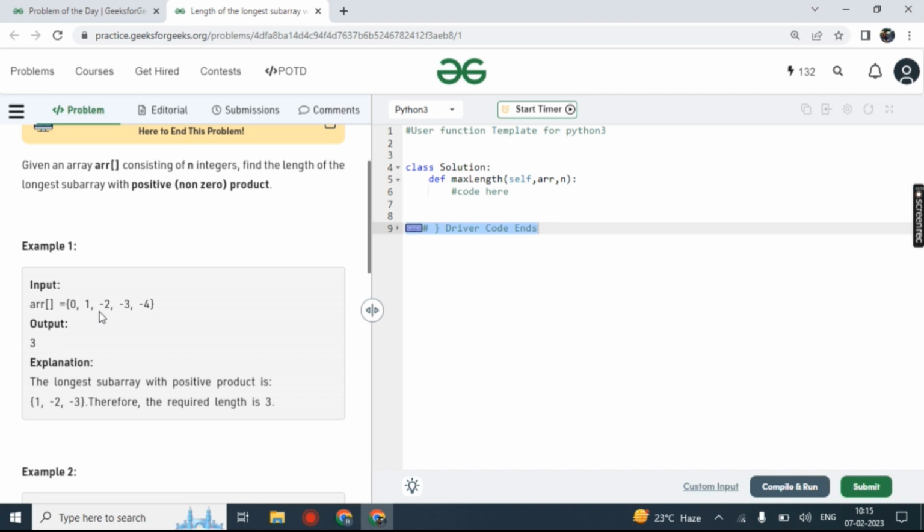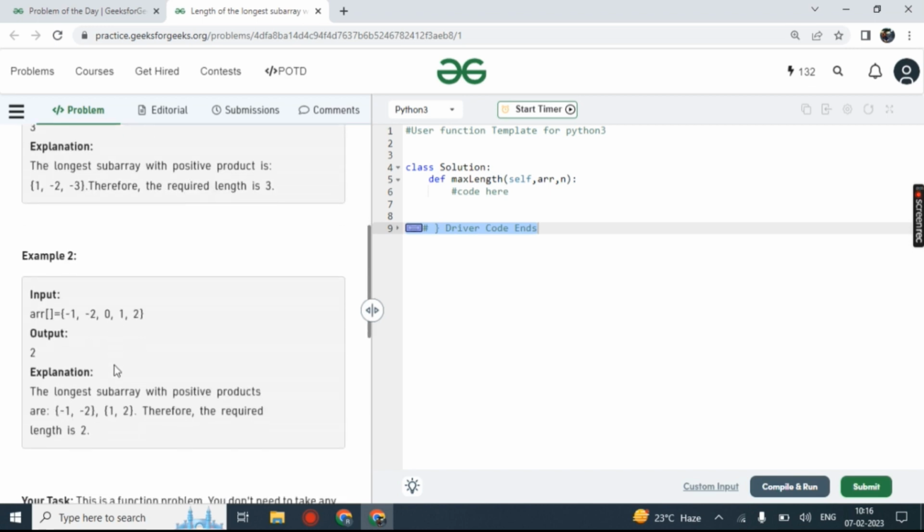So here we can say an even number of negative values is needed. -2, -3, -4 is odd, so we can't select that. If we take -3 and -4, the product is 12, but we need to find the longest subarray. So we can select 1, -2, -3, the product is positive, it's 6, and the length of this subarray is 3.